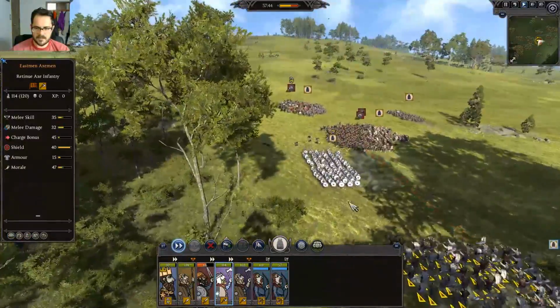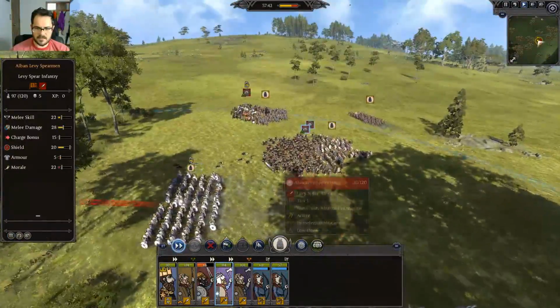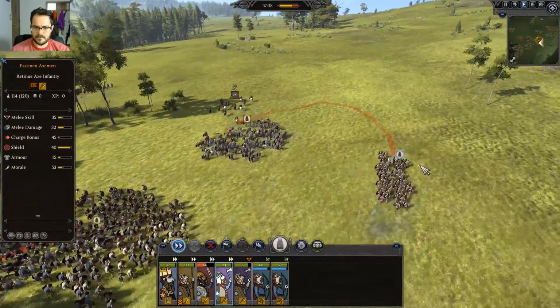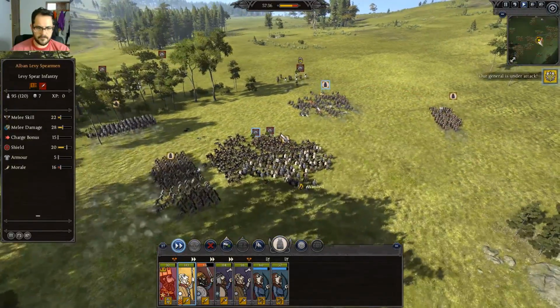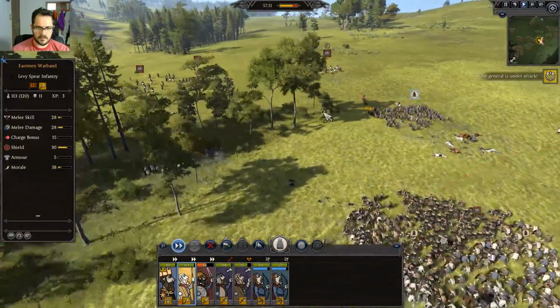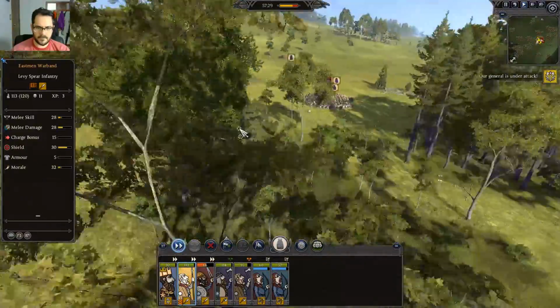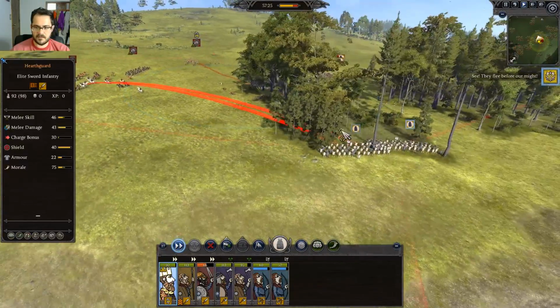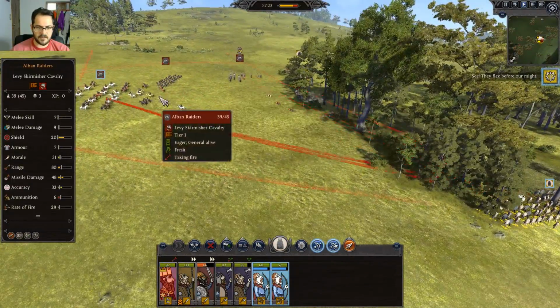Those Alban riders. These guys from the side. You know what? No. Yeah, go for it. Our general is under attack. Alright. So General that's out there. Do not want to leave that guy out in the...